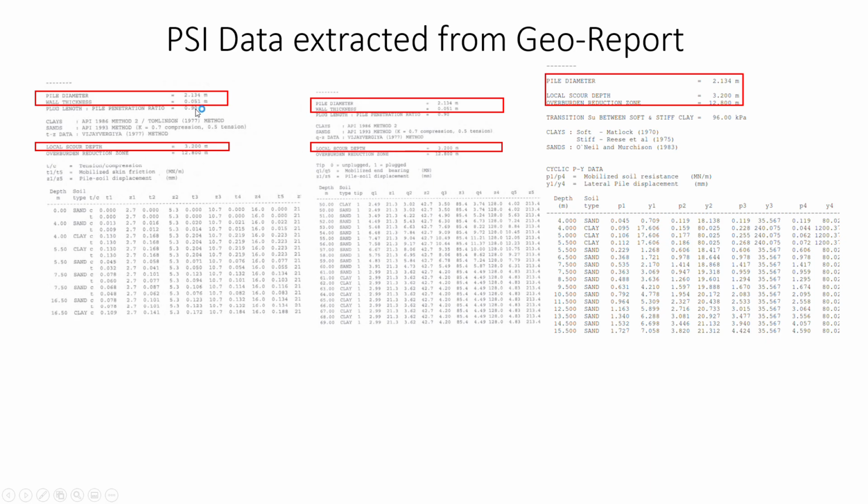So for that, we have to always check whether the pile diameter and wall thickness we are designing are in line with this, or whether we have to consider the ratio of the actual diameter. We have to check and take it. And you have to check whether any local scour depth is there or not. If there is a local scour depth of up to 3.2 meter, then from 0 up to 3.2 meter, you should not enter any values.